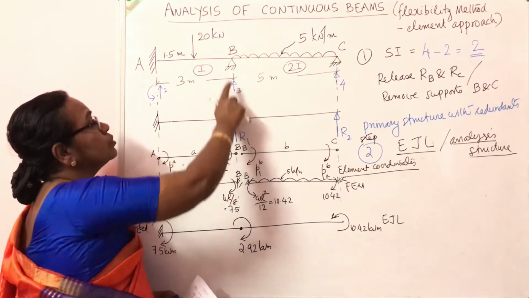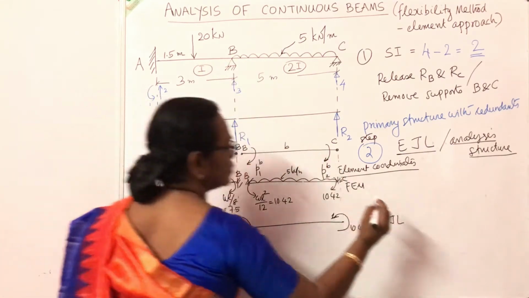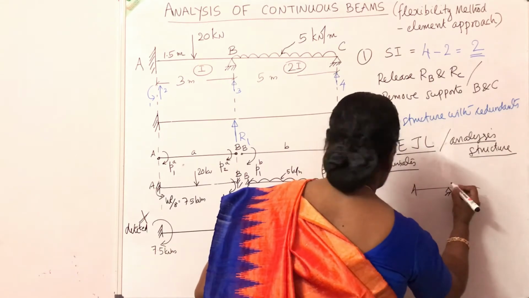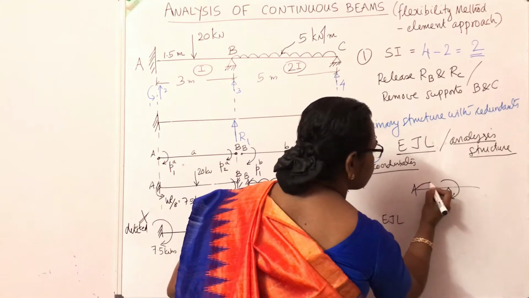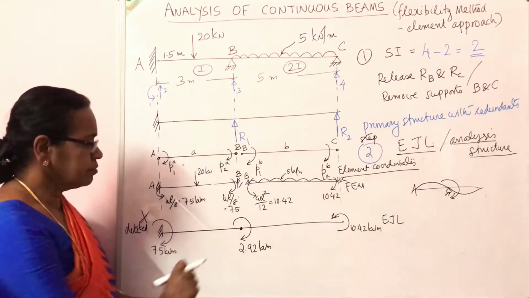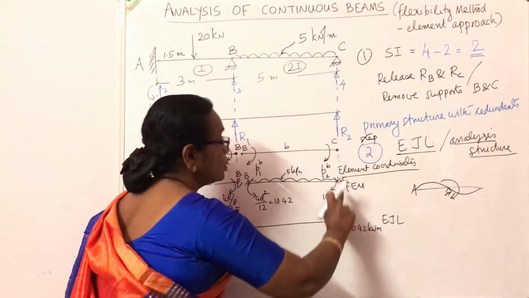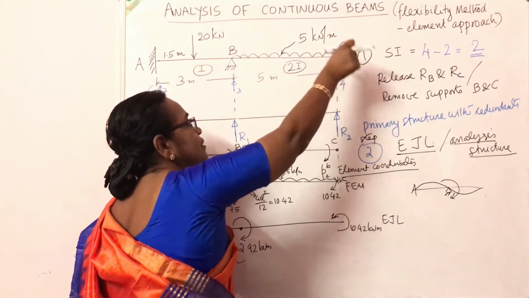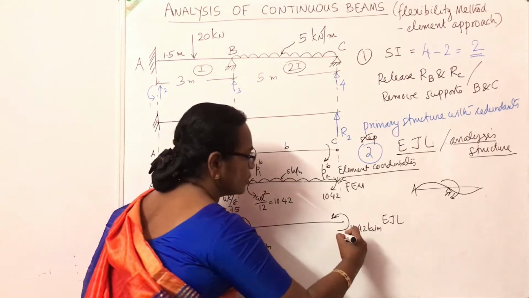Then 2.92: if in the hinge there is a moment acting, this beam will bend. If this is a support in the hinge and this 2.92 moment is acting, this portion will bend up and this portion will come down. This will produce bending. Hence, this has to be taken into account. Similarly, a moment at this hinge, this is an anti-clockwise moment, so this beam will get sagging. That portion will get sagging. So this has to be considered.